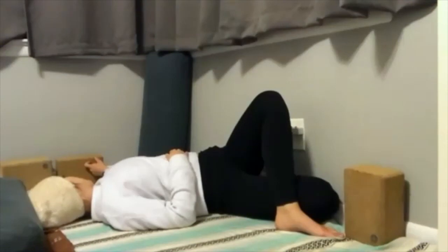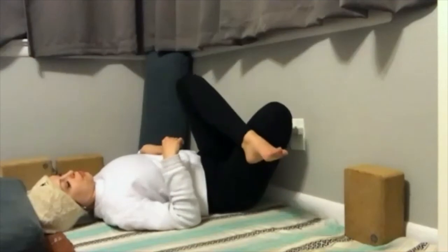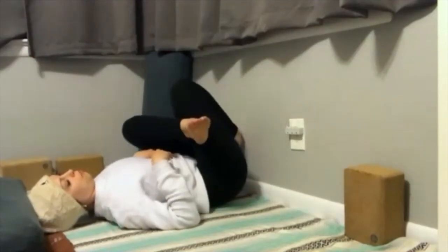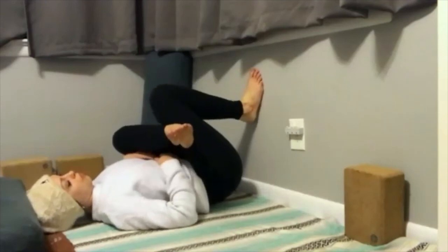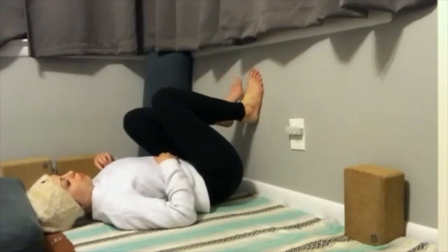And slowly, we'll bring the legs back up if you took the twist. So left knee comes up in the air. If you're at the wall, the right foot might come up against the wall. And we'll switch sides. So left foot will come down